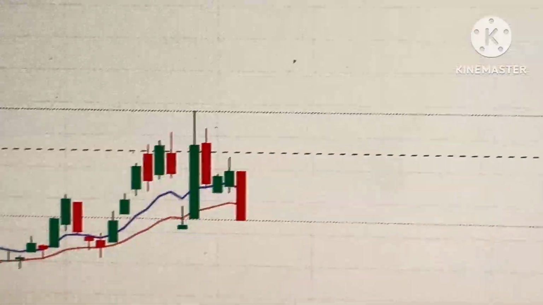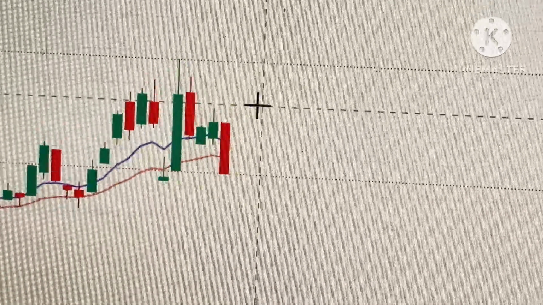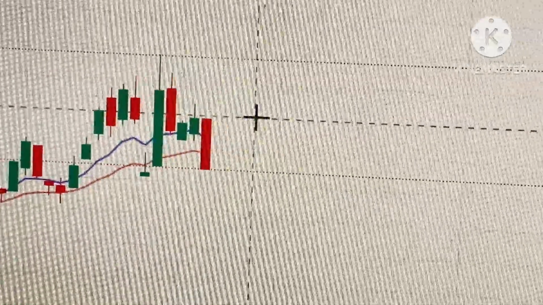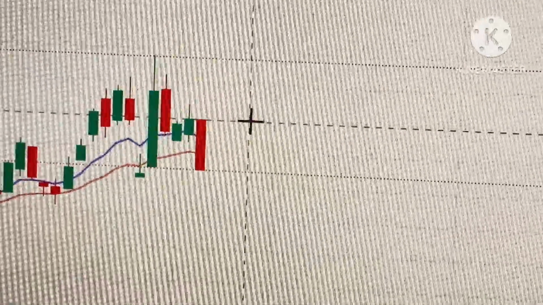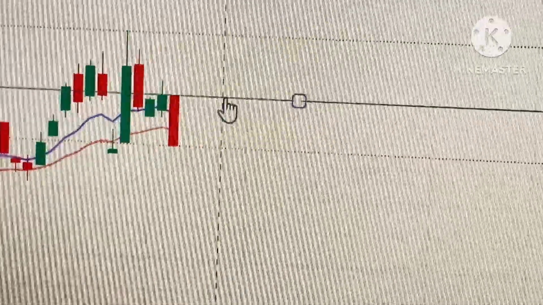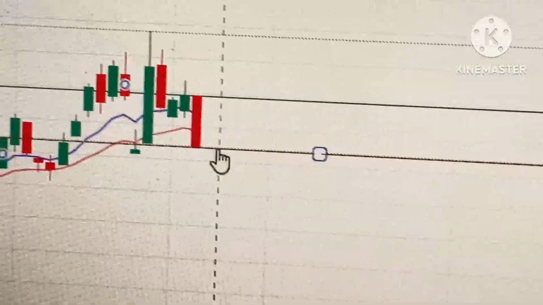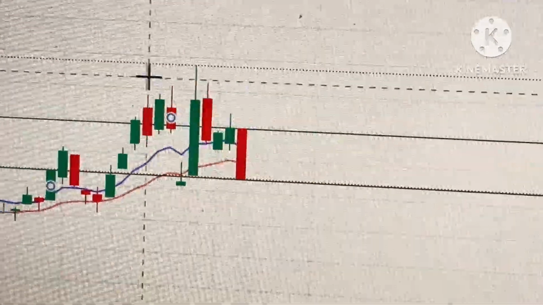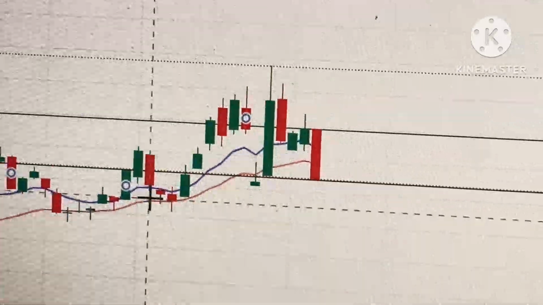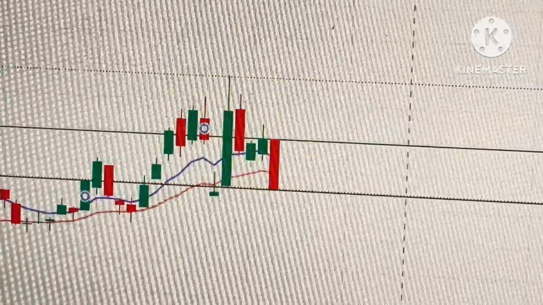for the first 10 to 15 candles we will mark the top and the bottom of the candles. So you have to mark it exactly as it is, the top and bottom of each candle. So try to mark it for at least 10 to 15 candles. Let me mark everything and then show you. Now you could see, friends, there are so many lines I drew looking at the top and the bottom of